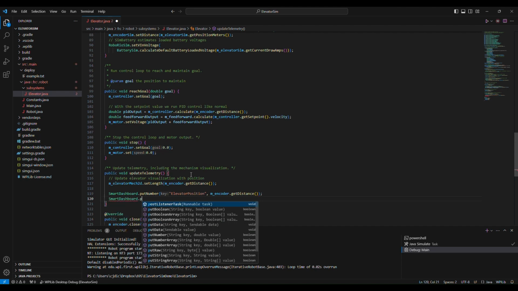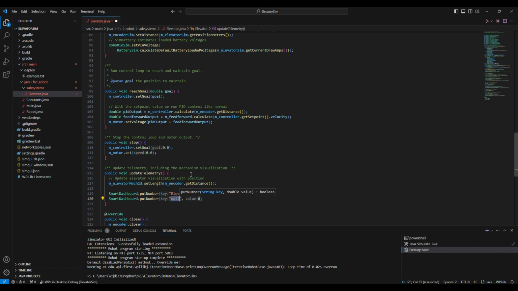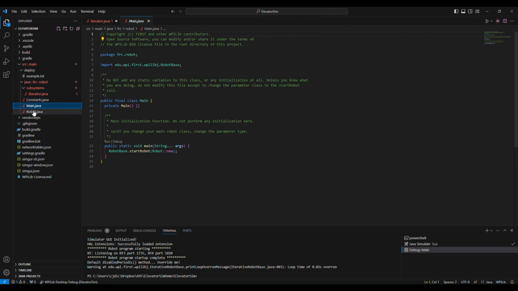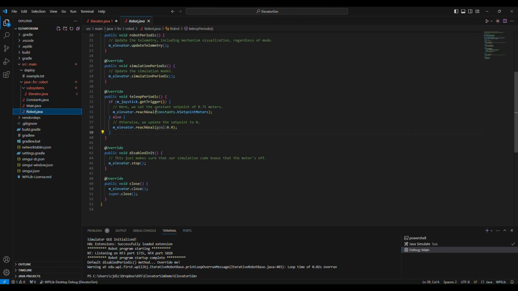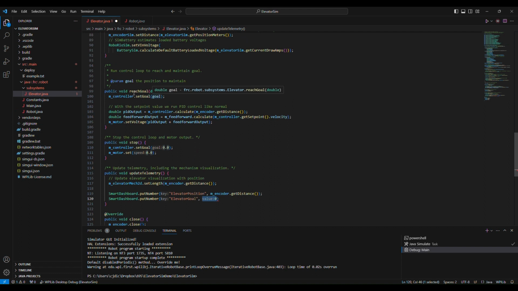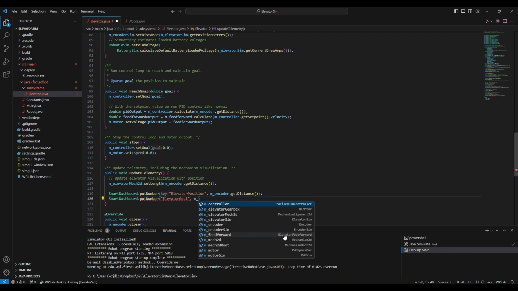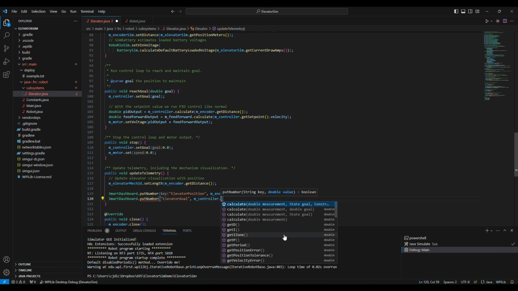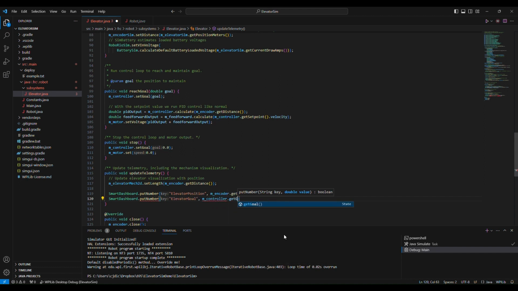Smart Dashboard dot put number. We'll get the goal, that elevator goal that we had set before. That was, remember, that was called from main, sorry, from robot. Under elevator reach goal, they gave a set point. So that goal comes in here, reach goal. It goes into the controller, so we can pull the goal out of the controller. So m_controller dot get goal,